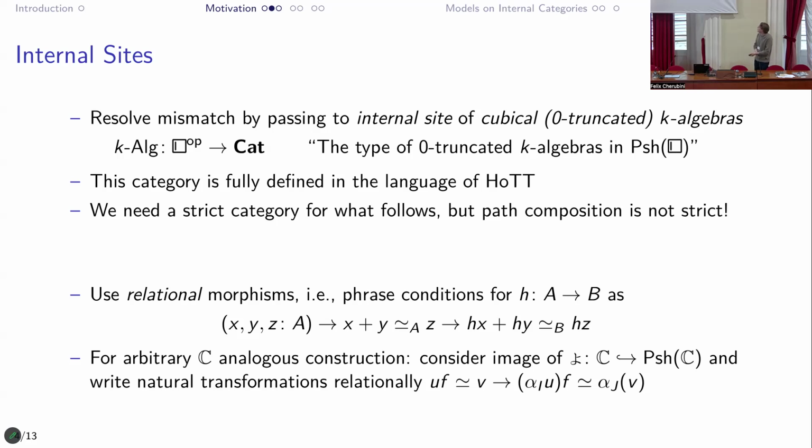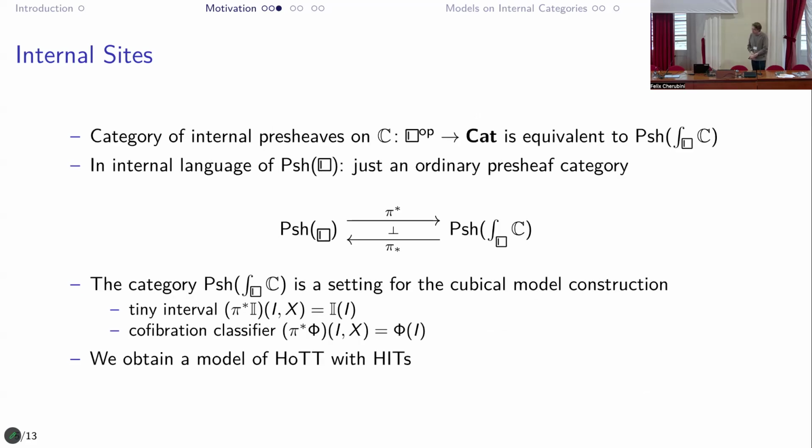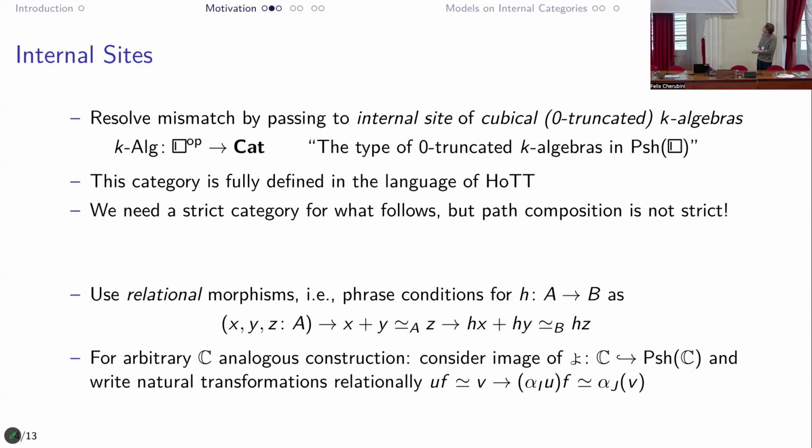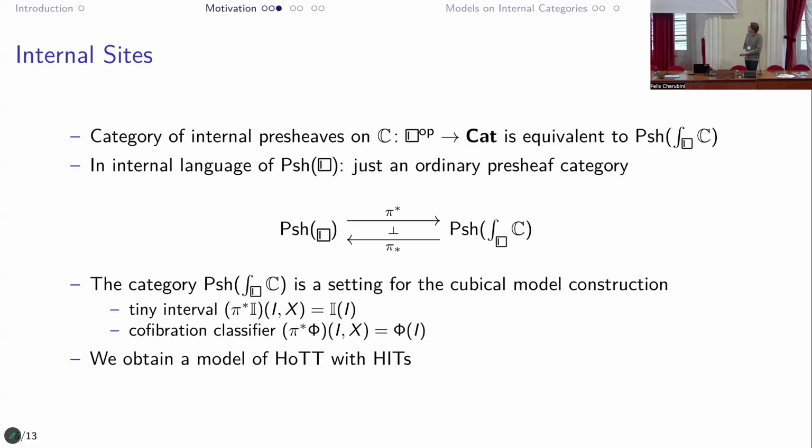So you say if x plus y is equivalent to z, then h of x plus h of y is equivalent to z. And that's sort of a neat ad hoc construction to make this category strict. So from the point of view of HoTT, this turns it into a category where everything is proven by reflexivity. Right, and this trick works in general for some category C by looking at the image of univalent, and then you somehow have to encode this naturality condition in a similar relational style. So I first learned this trick from Christian. I'm not quite sure where it originates. Yeah. Okay. So with that, we obtain a strict internal category in cubical sets,